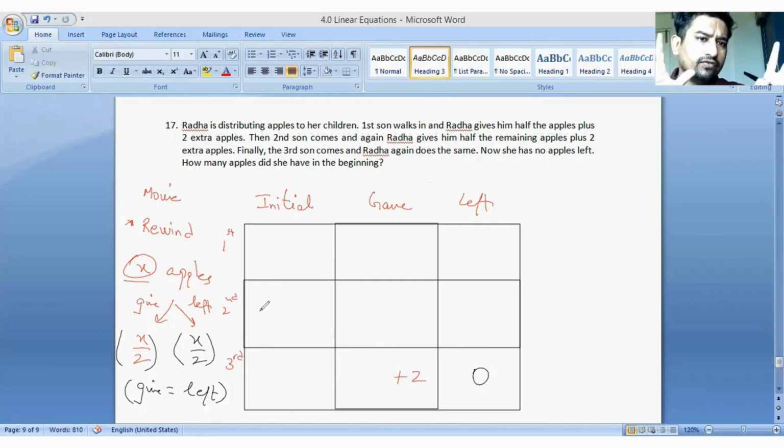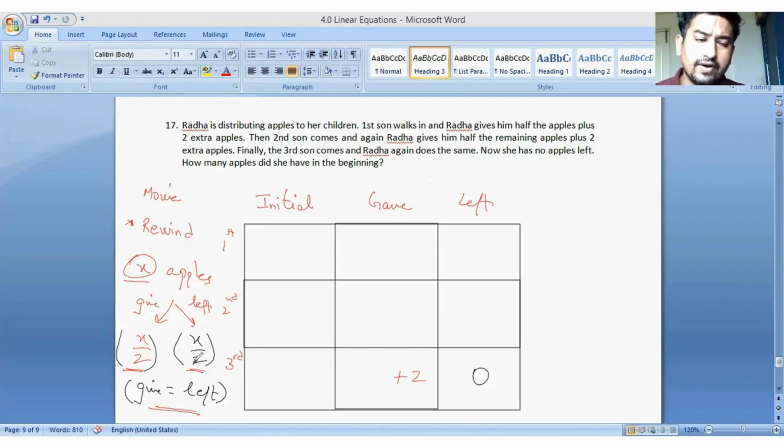So when you rewind it, try to visualize it. What happened? When you rewind it, what happened? The third son came back, and he gave back Radha the 2 apples that Radha had given her at the end. Right? That is the 2 apples that Radha gets back from the son. Here you have to use this concept. This is the time when Radha has given the third son half of what she had. If she has given half of what she had, what is she left with? She's left with another half,